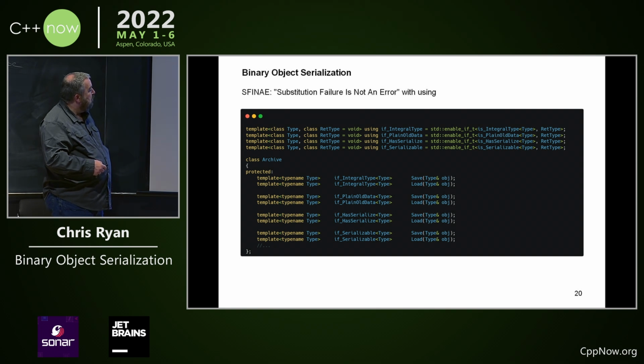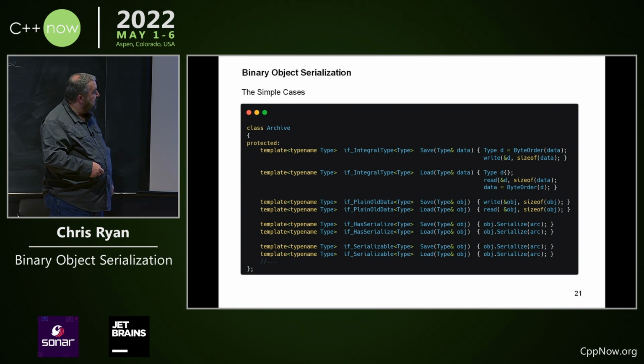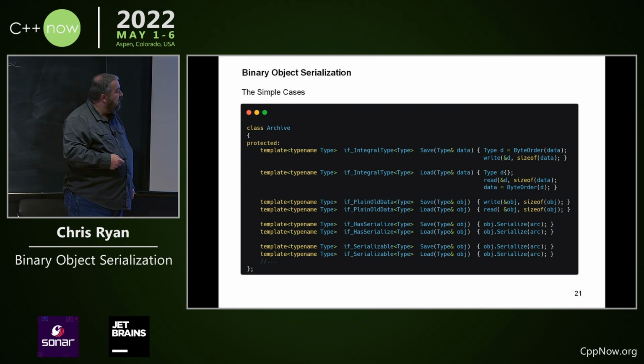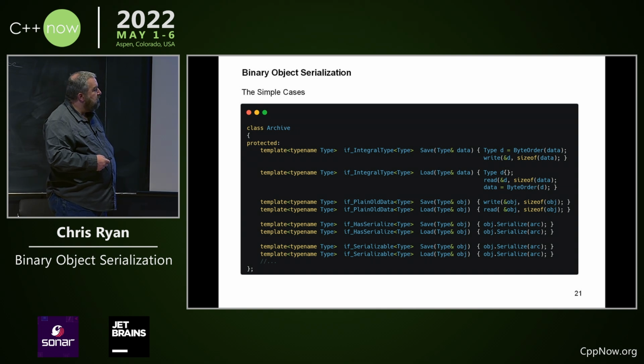And this is a blown up version, focusing a little bit more on these particular types. These are the save and load for each of the different types. If it's an integral type, plain data, has serialize, or serializable. Just zooming in a little bit on detail. And in general, to save integral types,